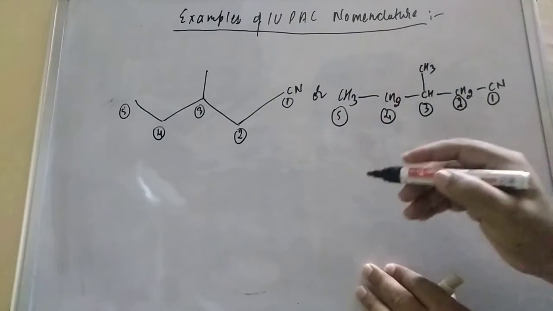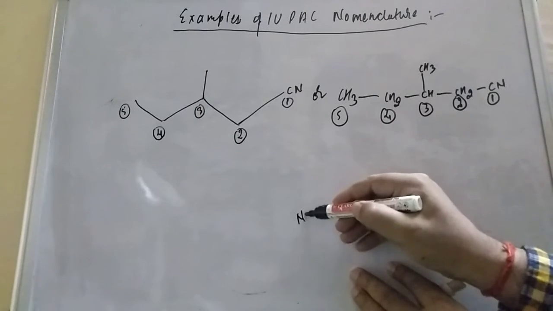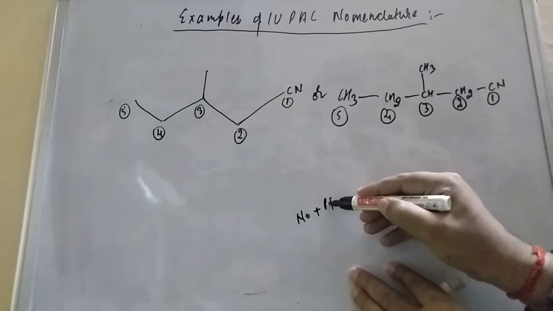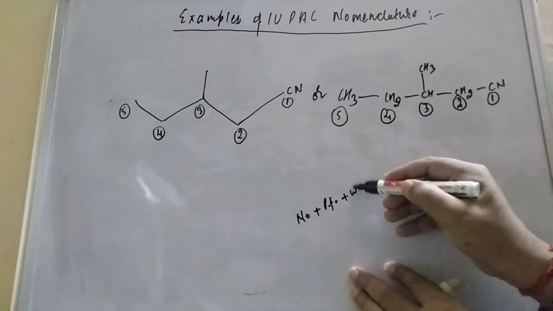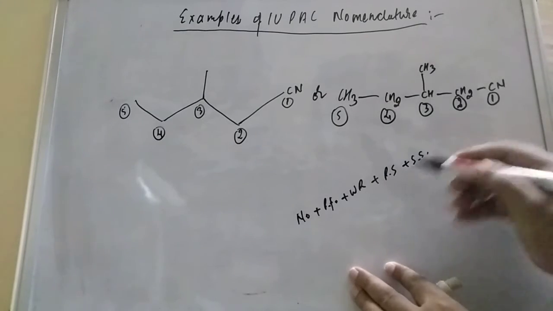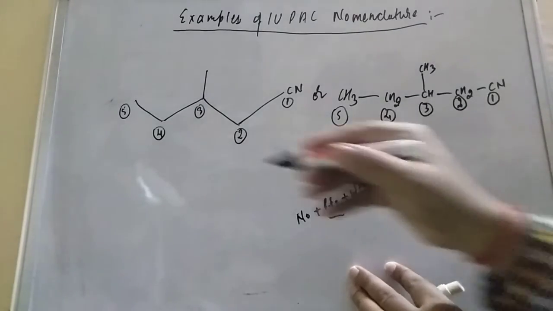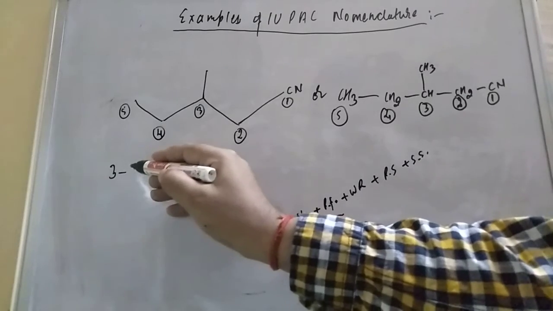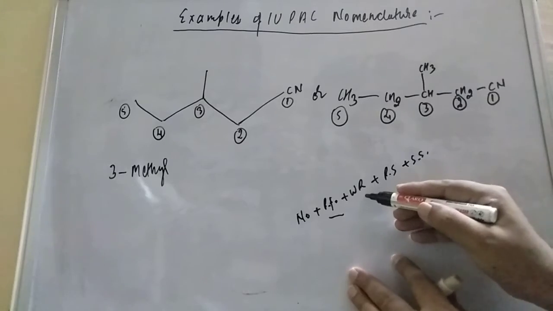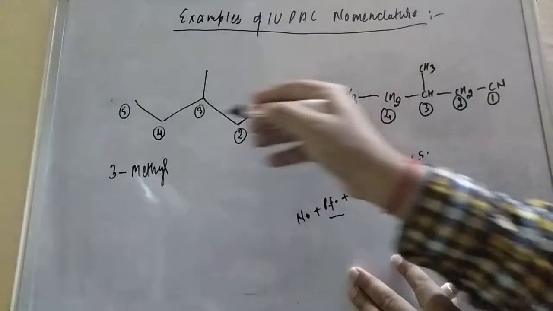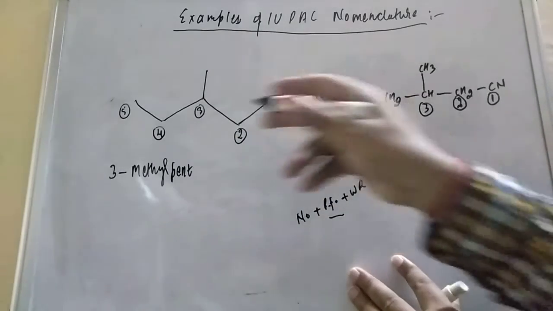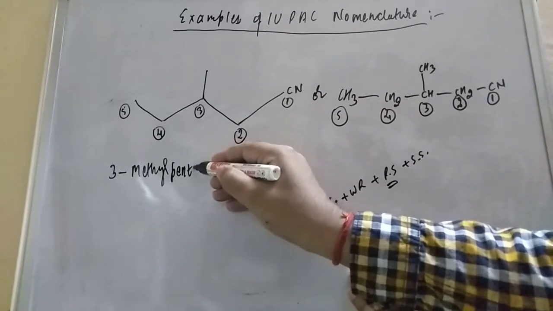So firstly, what I told you, student, firstly we do the numbering, after that the prefix, then the word root, then primary suffix plus secondary suffix. Now student, CH3 is the prefix, so on 3rd position CH3 is there, and CH3 is written as methyl. So 3 methyl, and then word root: how many parent chain carbons are there? 5. 5 carbon, student, that is pent. Then primary suffix: what kind of bond is there? Single bond is there, so that is pentane.